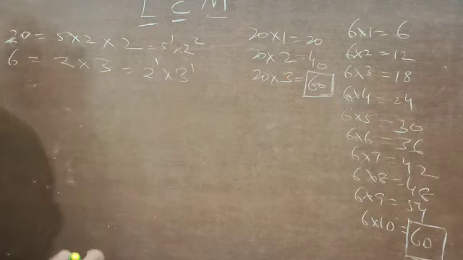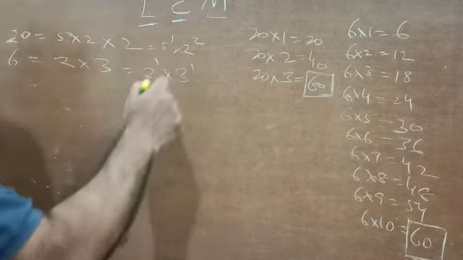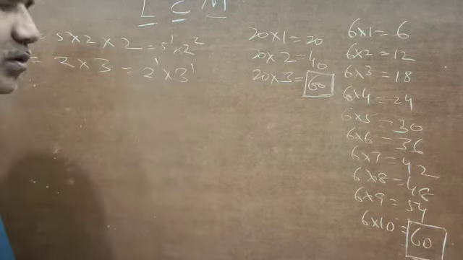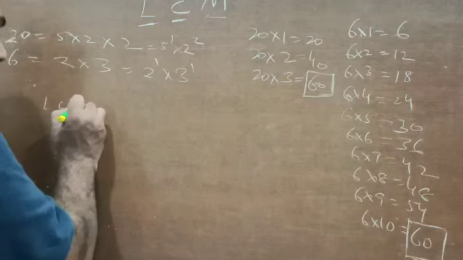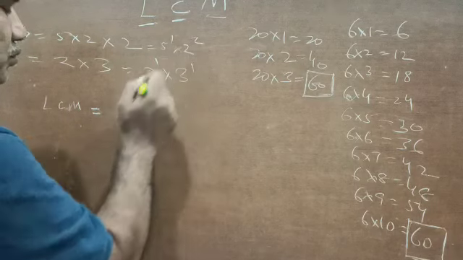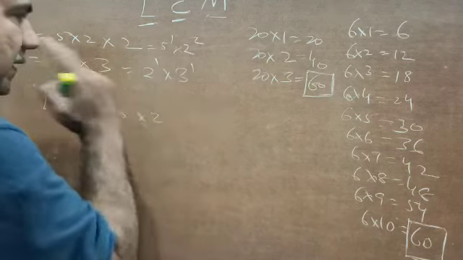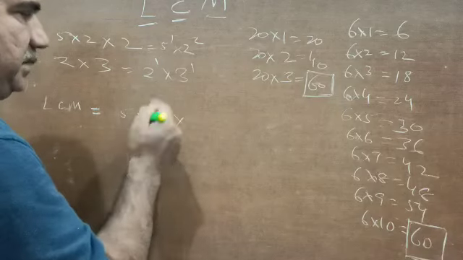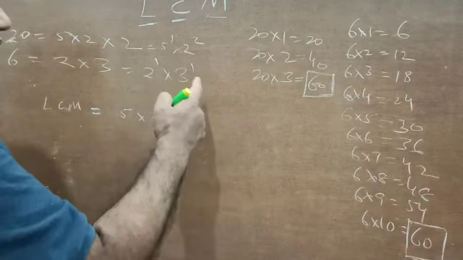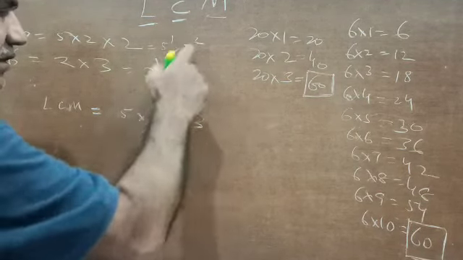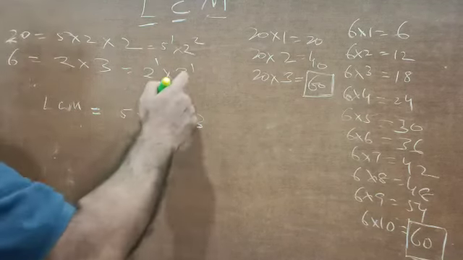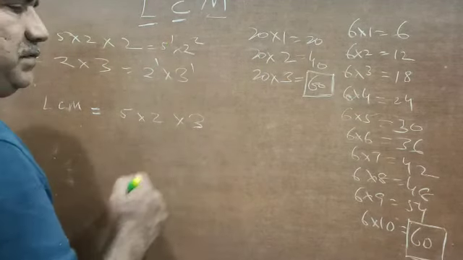The algorithm for finding the LCM goes like this: you pick up every factor, whether it is common or not. I am writing LCM here, and I will do two things. One is to pick up every factor. Here the factors are 5 and 2, so I pick up 5 and 2. And here again 2 and 3, so I keep this 2 and this 3. The factors are 5, 2 and 3. I have taken 5, 2 and 3 as quantities. Where the power is 1, there is no doubt about which power to take.